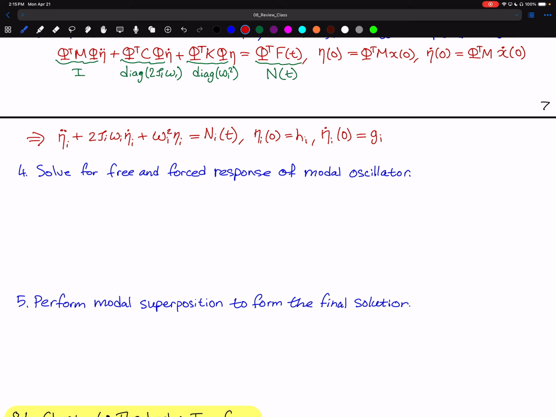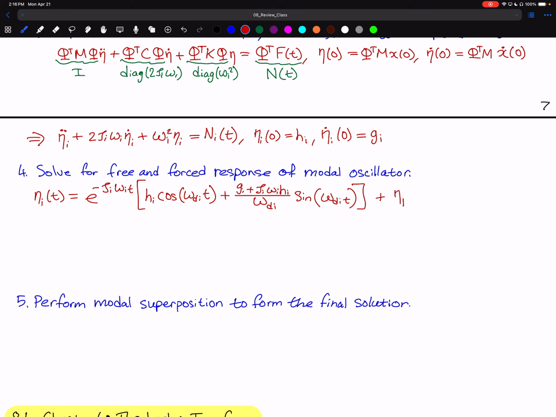We're going to find then that eta sub i of t will be equal to e to the minus zeta i omega i t times the quantity h sub i times the cosine of omega d sub i times t plus the fraction g sub i plus zeta sub i omega sub i h sub i, all of that divided by omega sub d i, times the sine of omega d sub i t, plus